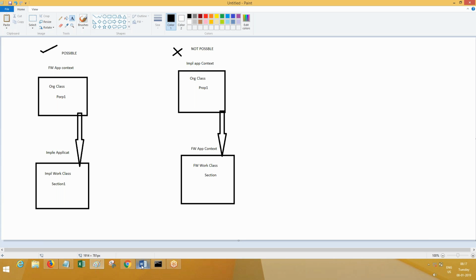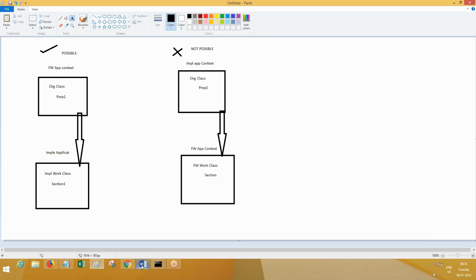Design time, if you're taking the package of the code, if you take the implementation application code package, you are packaging all the code of the implementation application into a zip file. When you zip it, every rule from implementation classes will come. Every rule from organization class will not come. Is it going to be part of this package?